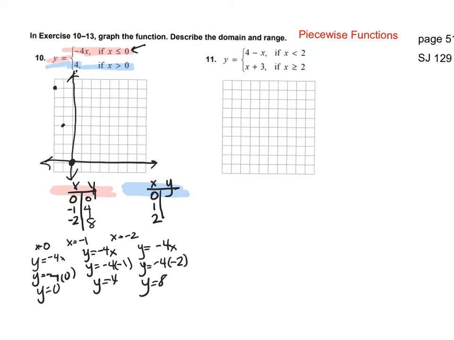Oh, I did okay. And I'm going to attempt to draw a straight line from there. And it's actually not a line, it's like a ray, if you remember that from elementary school. It has an end point, a starting point, and then it continues forever up to the left. And then for the next one, I'm going to do the same thing. I'm going to substitute those values in. I'm going to substitute 0 in for x, 1 in, and 2 in. But when I look at this, I actually don't have to do any work, because when x is 0